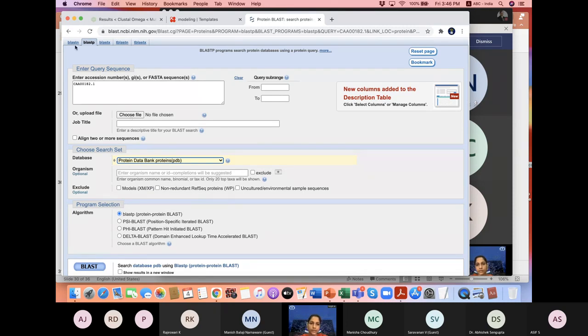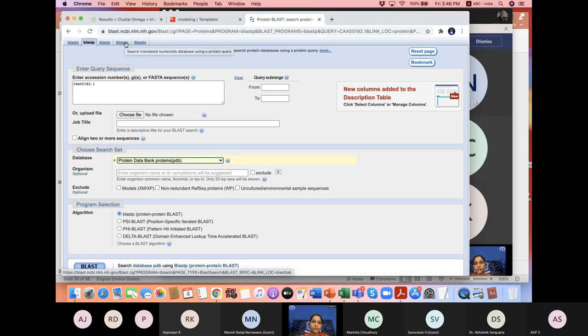We have this option of BLASTN, that is BLAST nucleotide, so we can also BLAST nucleotide sequences. Here I'm blasting protein. BLASTX is, if I give it a nucleotide sequence, it will translate it into a protein sequence and then try to search the protein database. So I need not make that manual effort of converting the nucleotide sequence to a protein sequence and then blasting. It will do it by itself. I just have to give it the nucleotide sequence. Then it will convert to protein and then look for similar sequences in the protein database.